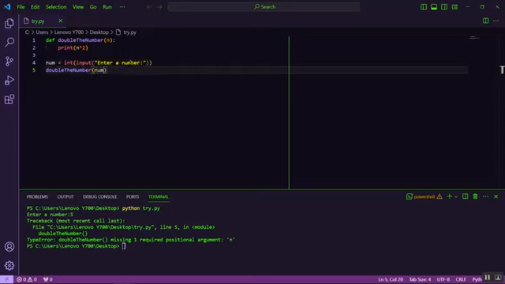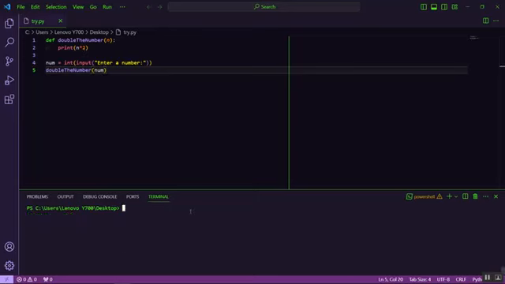Now, since we pass the value of num, inside the double the number function would process the input and then print the output. So num will be represented by n inside this function, and n will be multiplied by 2. After multiplying it by 2, it will be printed. Okay, so let's try it. Let's say 4, so it would display 8. So another one, let's say 999 times 2, that is 1998. Okay,